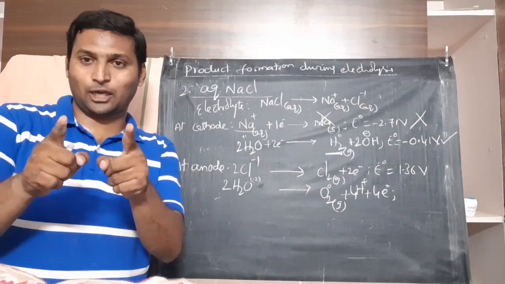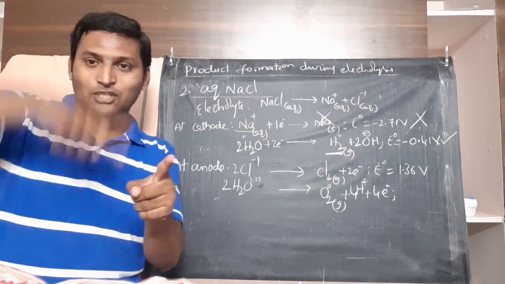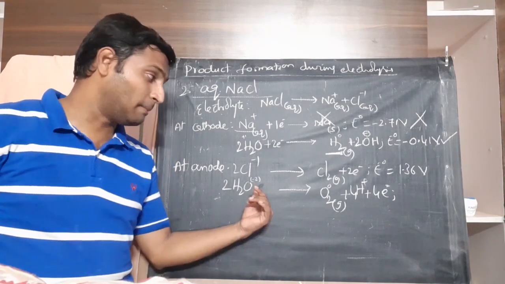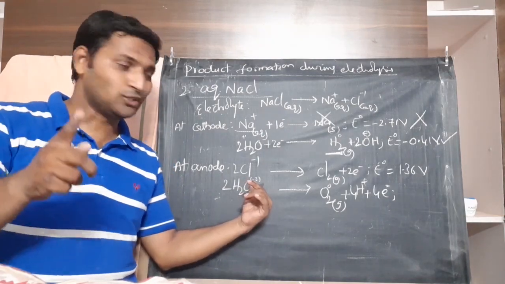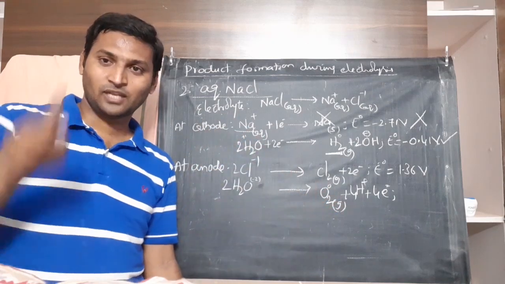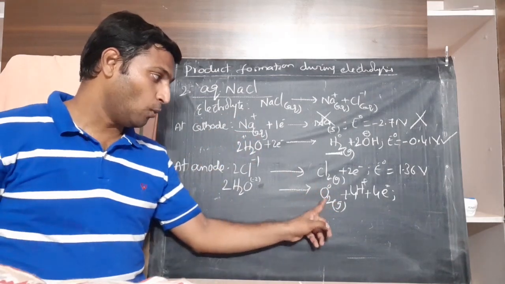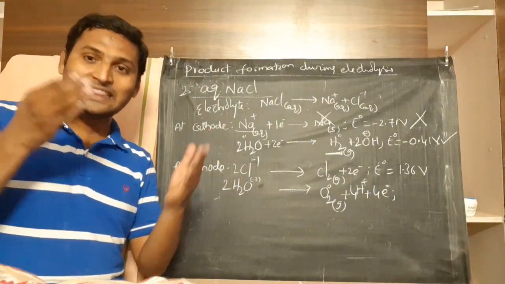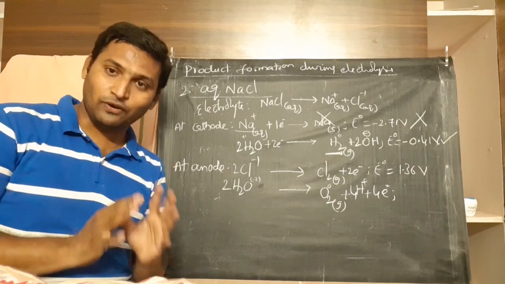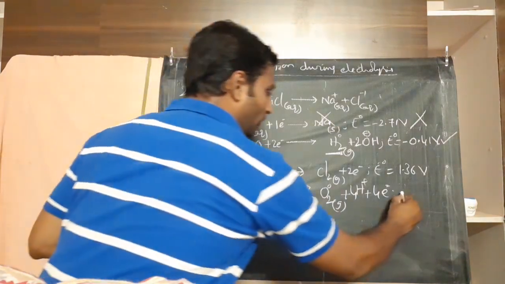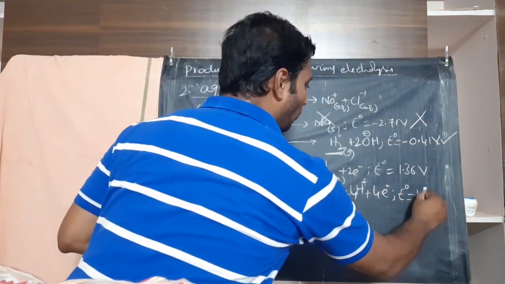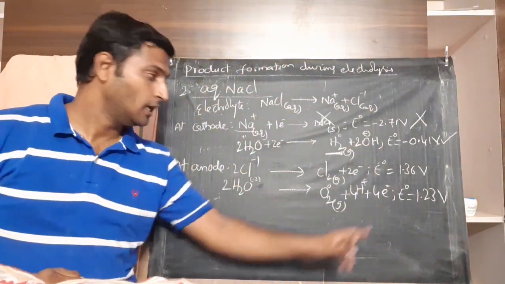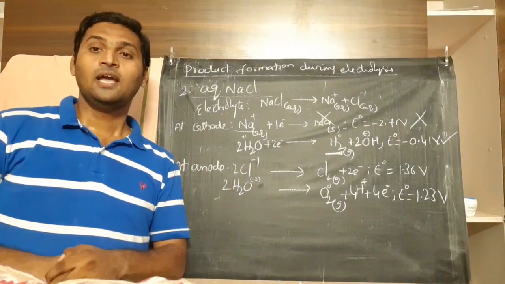Now, how do I get electrode potential value for this reaction? Go to your electrochemical series. And the list of reactions given in your electrochemical series will be completely reduction reactions. But this is an oxidation reaction. So, reverse it and see. In your electrochemical series, you will notice O2 plus 4H plus 4 electrons giving rise to 2H2O. That is the electrode reaction for which we have to check the potential. And you will notice the potential as 1.23 volts. You can go back and cross check. How many volts? 1.23 volts.